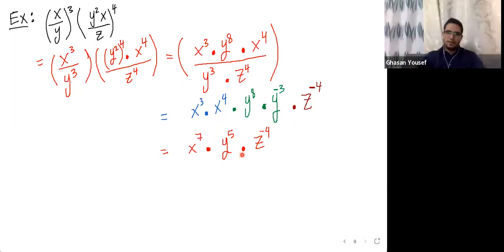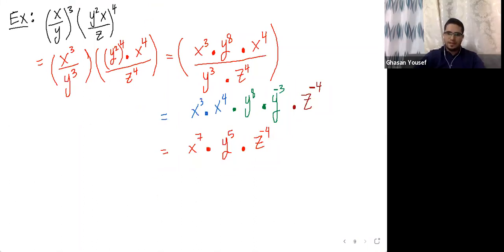But if the problem says you can write it without negative exponent. Sometimes they ask you to write the answer without negative exponent. This means when you arrive to this step, you have to write z to the minus 4, because we have negative exponent, in the denominator. So if they ask you not to write it in negative exponent,